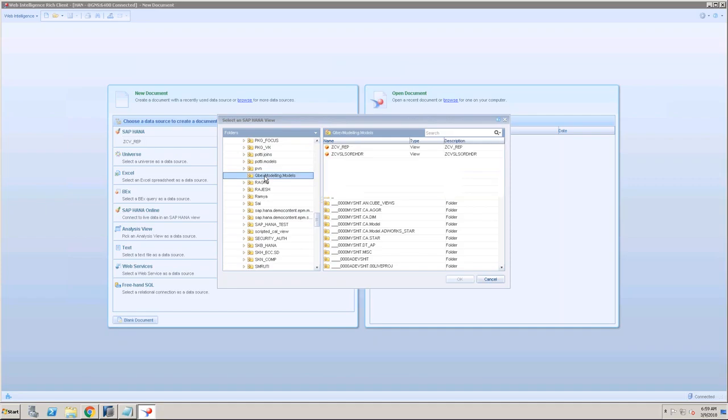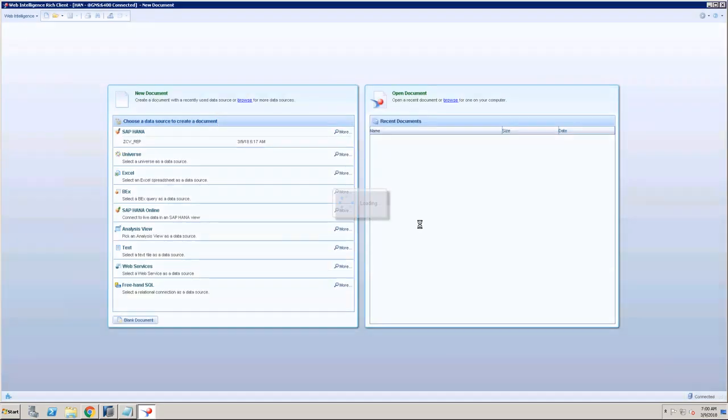Expand this. It shows two things, but don't worry about the first one. Then I'm going with ZCV SLS order ORDHDF. This is my view, which I would like to do reporting on. Say okay. Select this view as a source,